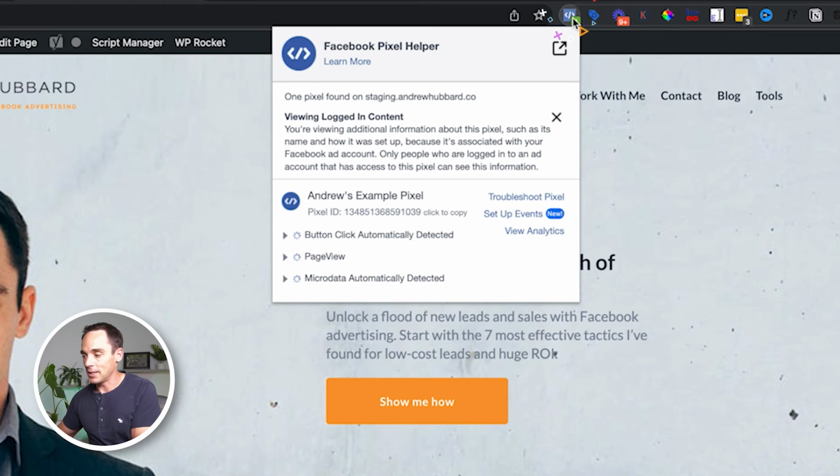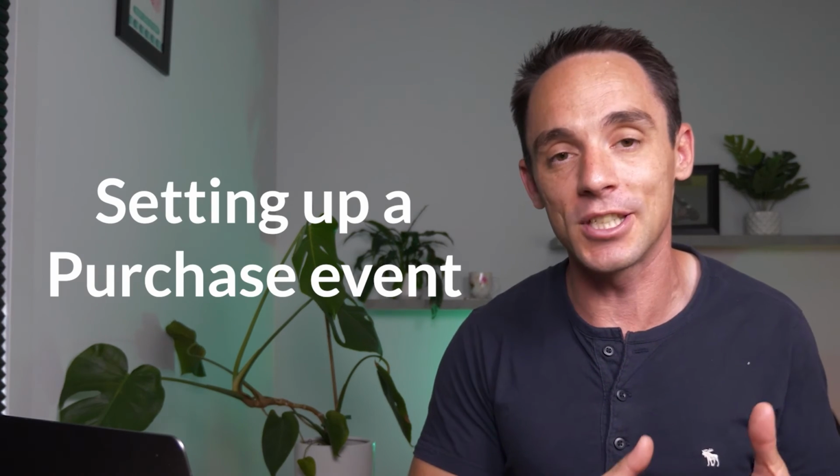And I'm going to click on the pixel helper. And now you can see the page view is here, but the lead event isn't. The lead event only triggers on the thank you page that people see after opting in, which is exactly what I want. Now let's move on to the next example, which is setting up a purchase event,